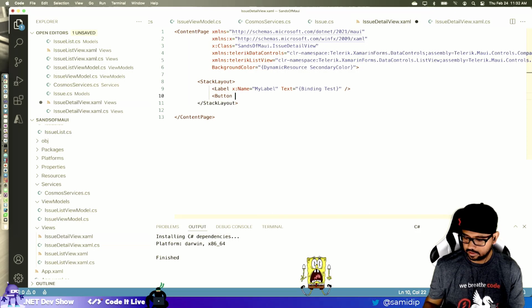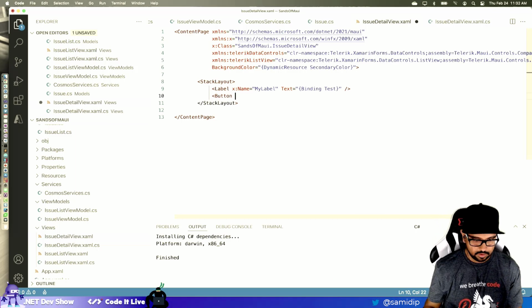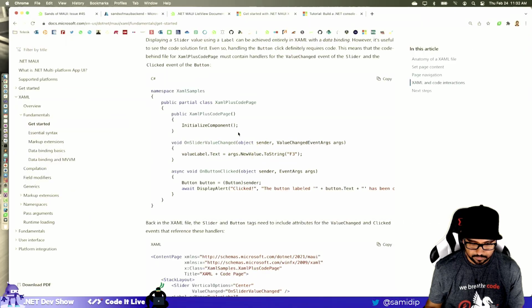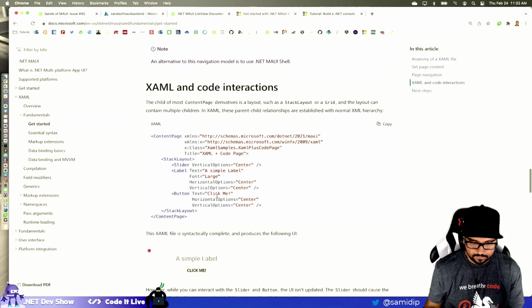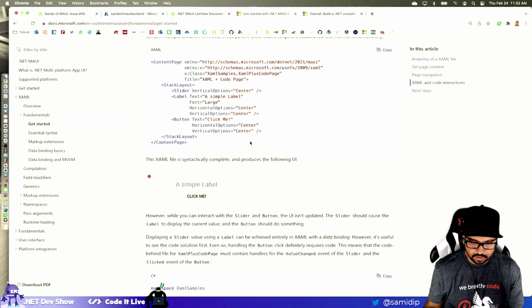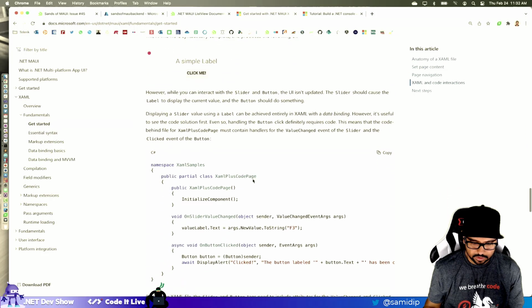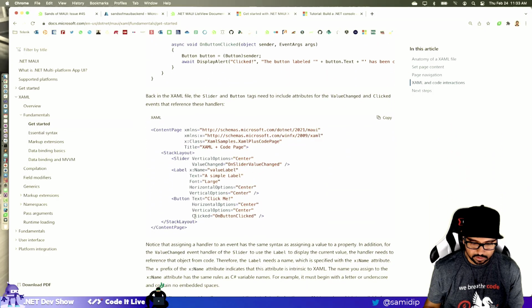Is it on-clicked or is it, hold on. They're just doing a button, text and vertical options. Clicked.